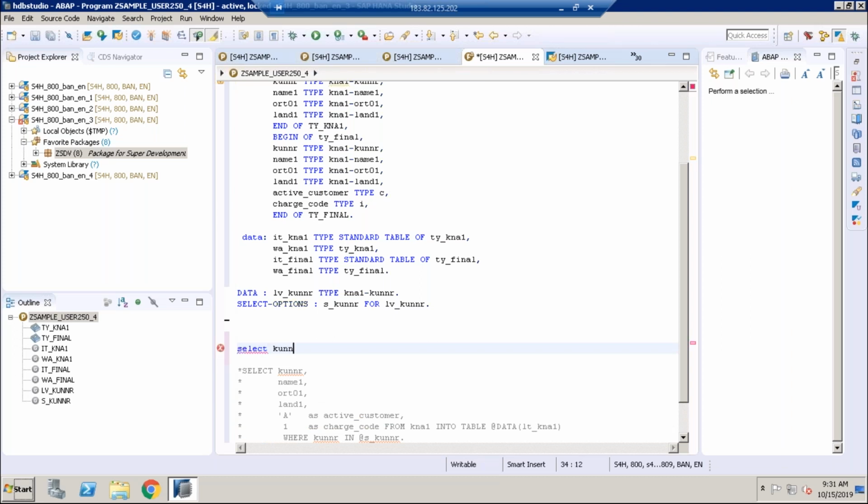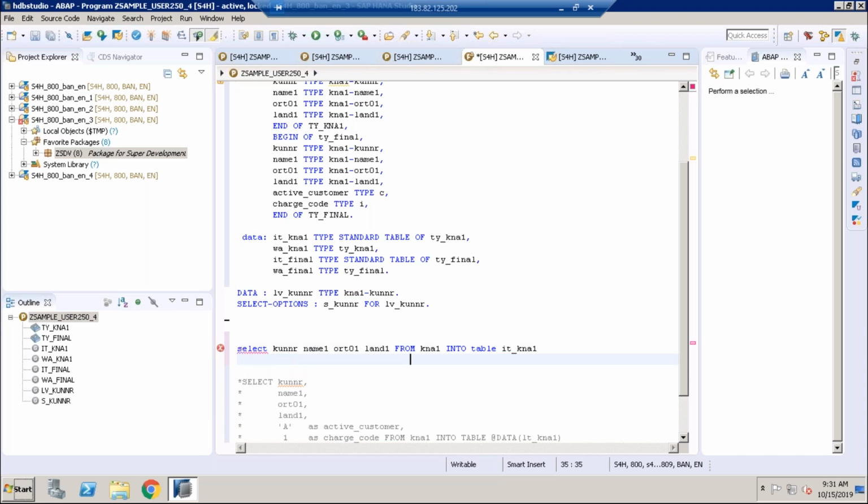Select kunnr, name1, ort01, land1 from kna1 into table it_kna1 where kunnr in, yes, kunnr, right? So once you have done that, then